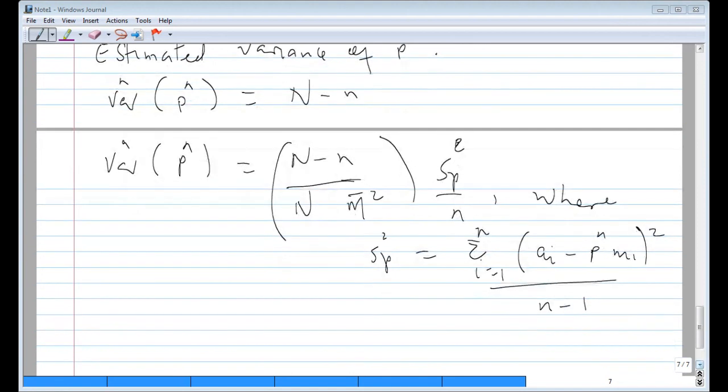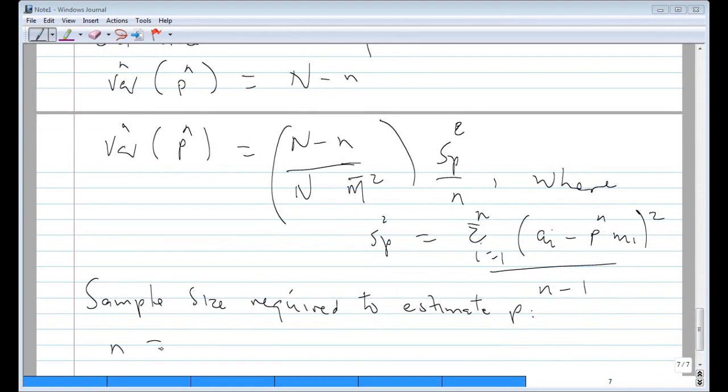So again, if you want to select the sample size required to estimate the population proportion under cluster random sampling, you have to use this formula. Let's say the sample size required to estimate the population proportion is given by